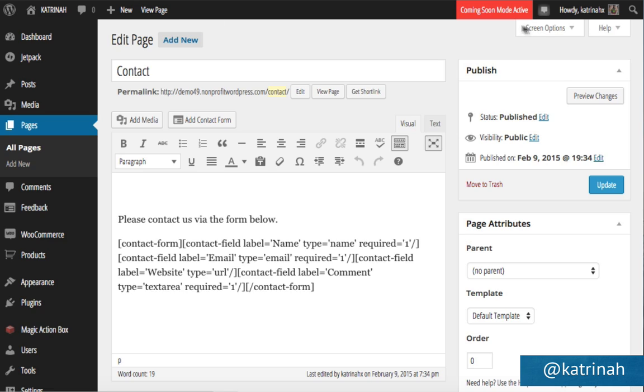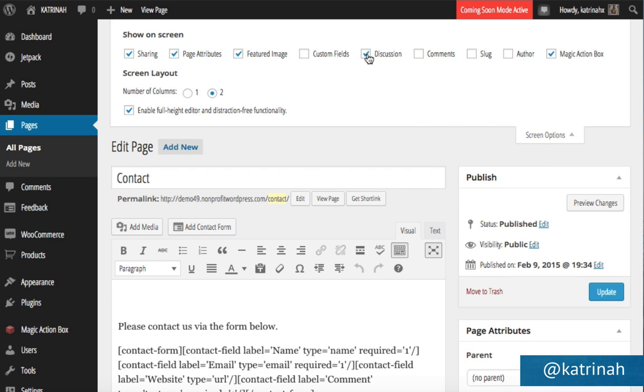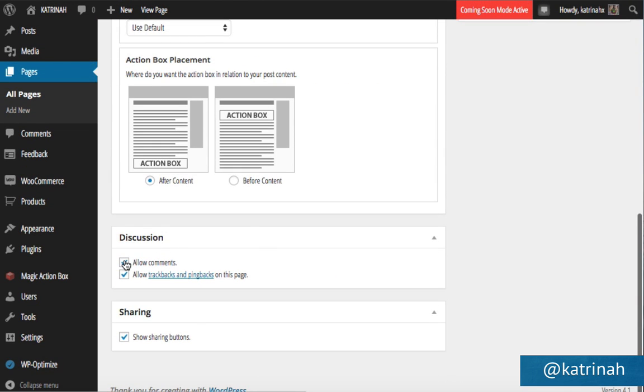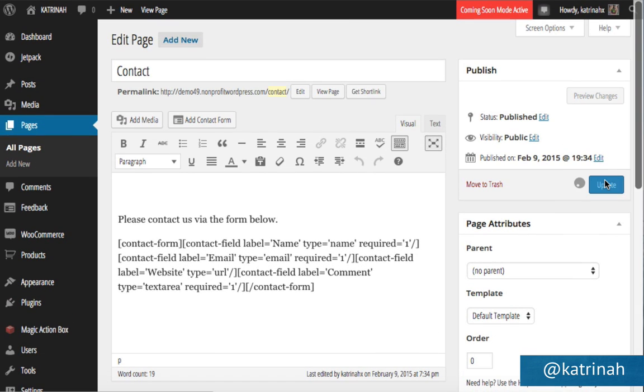Then on the top right-hand corner, I'm going to click on Screen Options, make sure Discussion is checked, and then at the bottom, I'm going to turn comments off by unchecking these two boxes. Once again, if someone's leaving me a comment, then really there's no need for a discussion on this page to begin with. Okay, so now I'm just going to come up to the top and click on Update to update